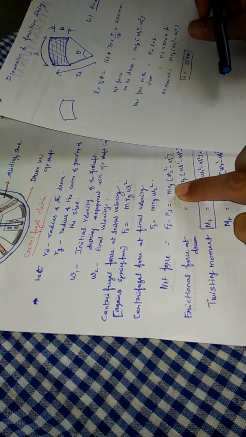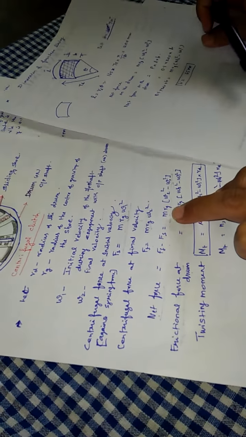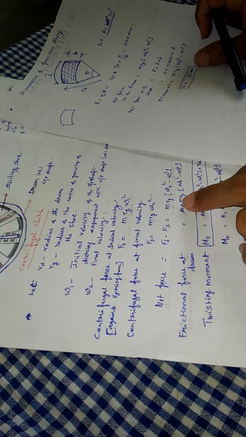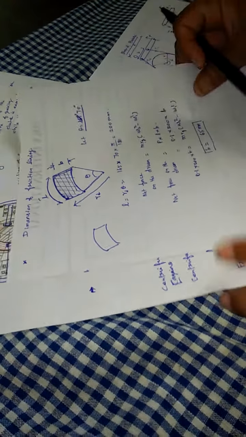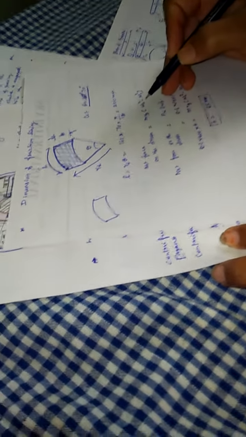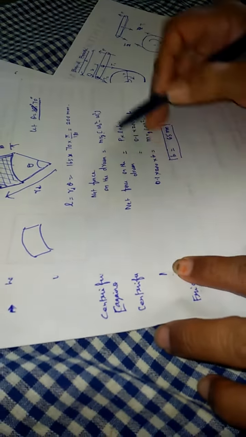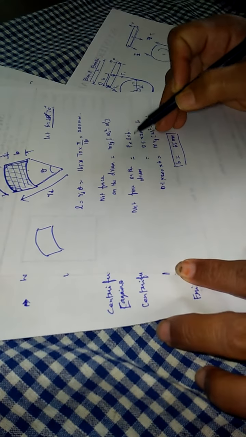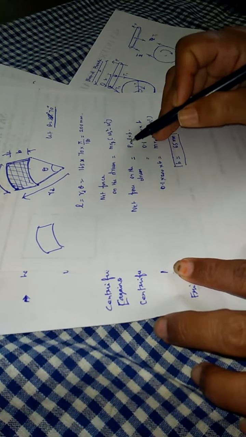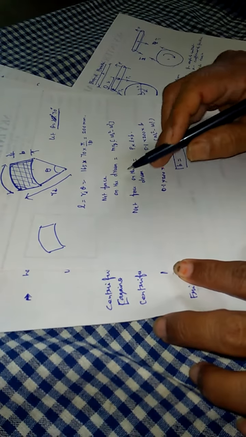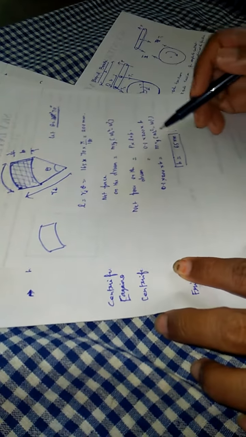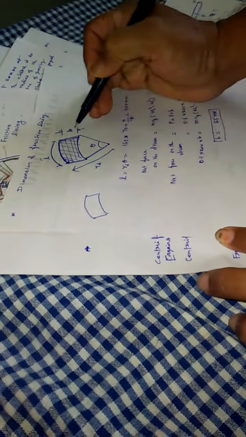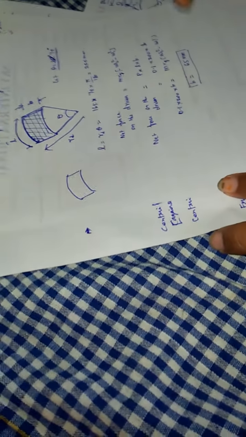So the net force acting on the clutch is M into RG into omega 2 square minus omega 1 square. If you substitute this net force, we can equate it to pressure into area. The net force is equal to pressure into area. When the net force is equated to the force on the drum, we can calculate the width of the segment, the width of the friction lining.